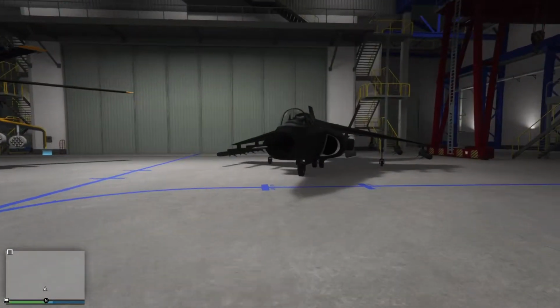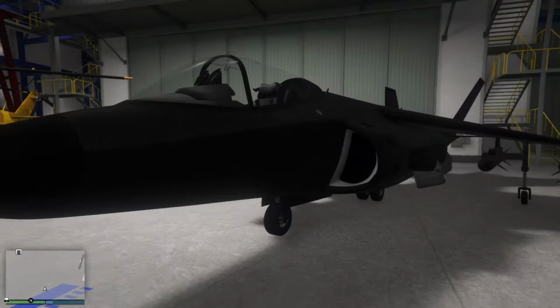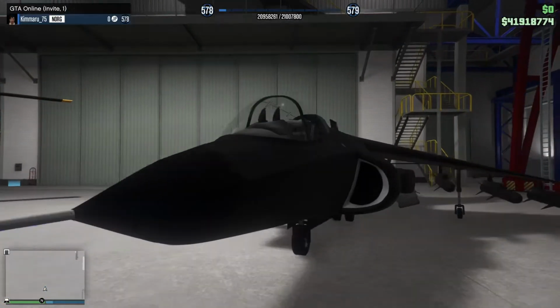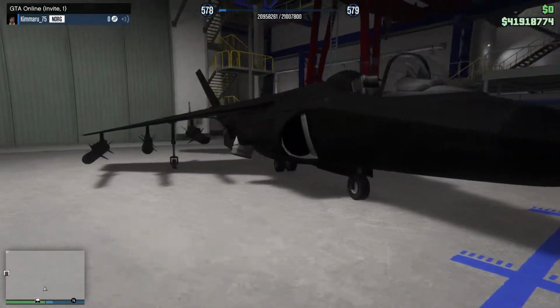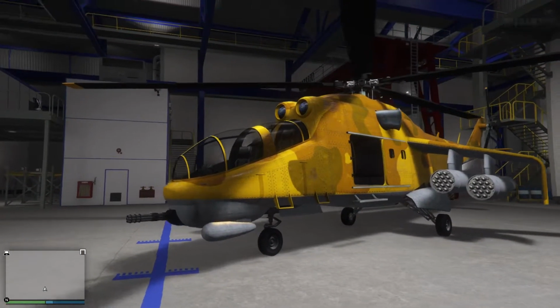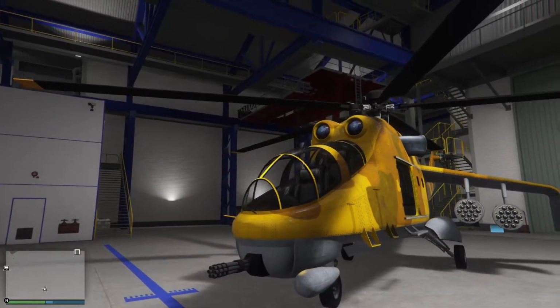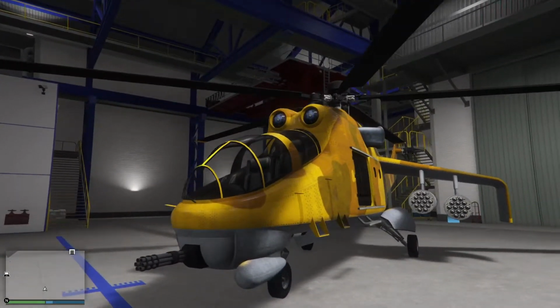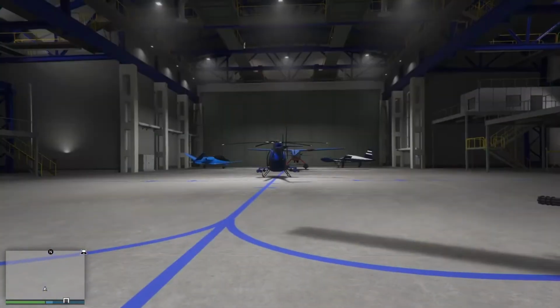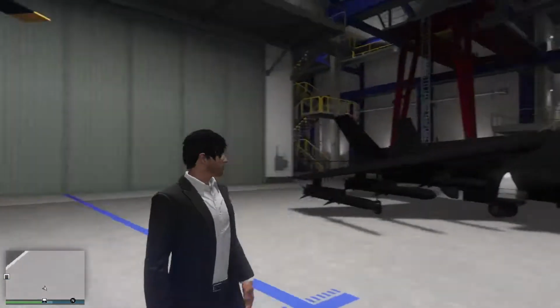And we have my jump jet Hydra, Harrier jump jet, just Hydra in GTA Online. And we have my Rambo looking helicopter, probably Russian. I love this Savage helicopter. And that was all of my